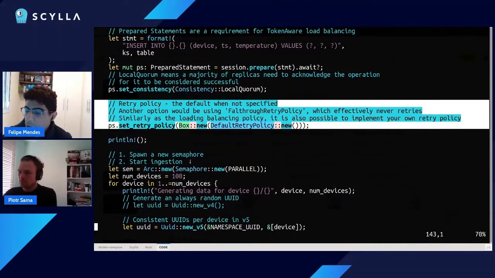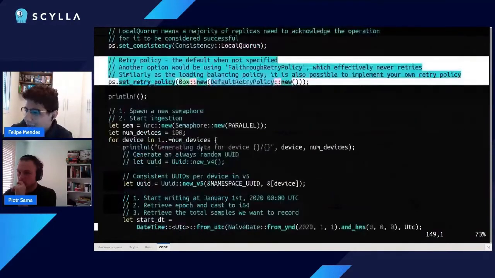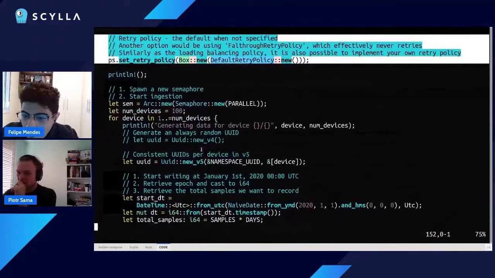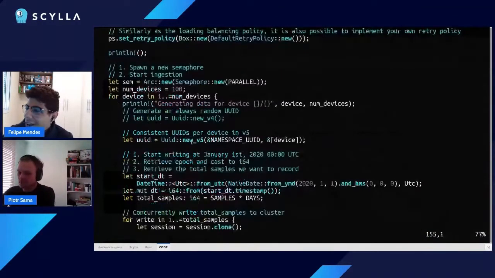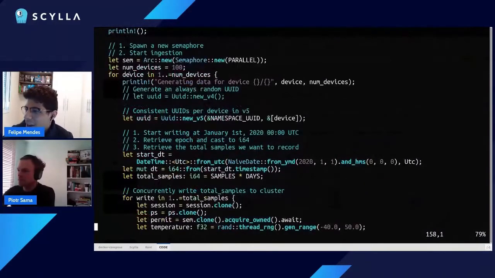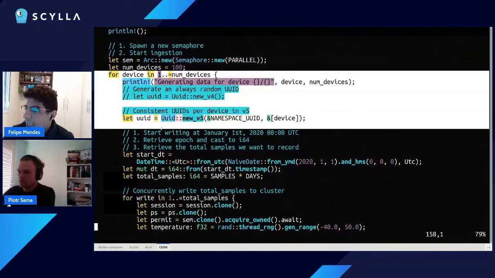All right. So what do we do next? We have done a lot of things. We created tables, we prepared statements, connected to the cluster, set the consistency, set the retry policy. What do we do after doing all of that? Well, we start ingesting our data finally. So we basically start a loop where we loop through the number of devices that exist, and